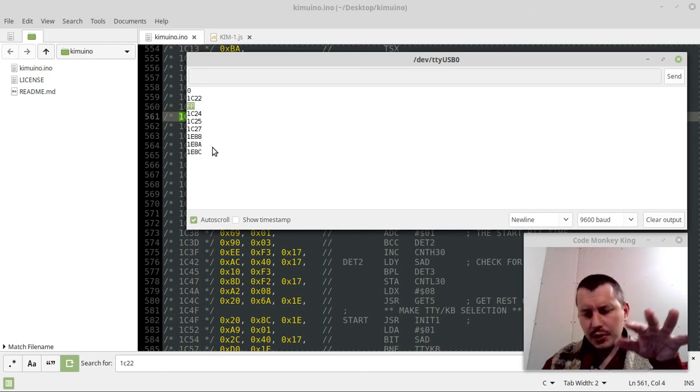The ROM has an environment for that as well, so you can still navigate through the addresses and set the values in the memory and so on. That's going to be the next step I'm going to try during this